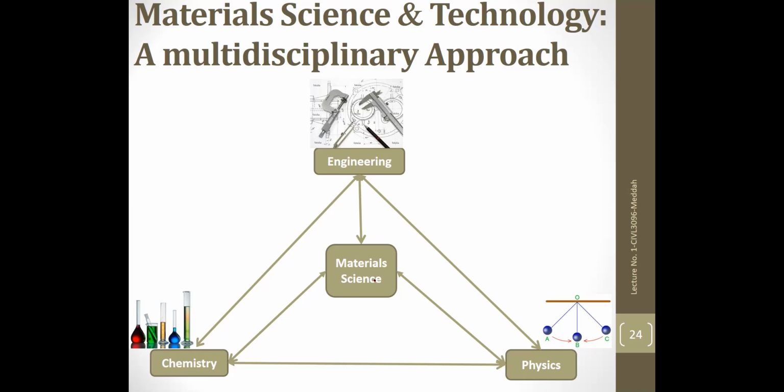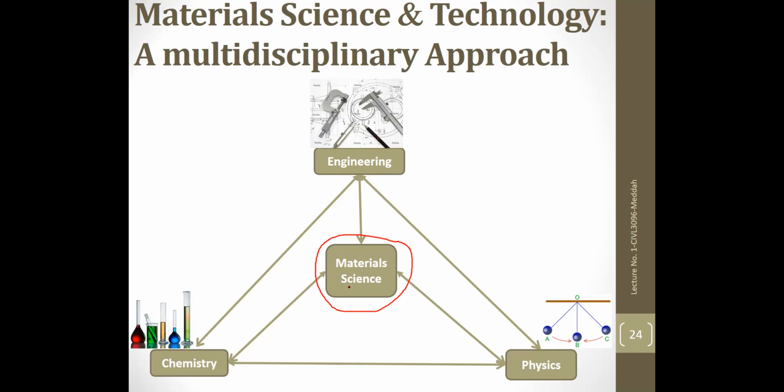So you can see here, the box of material science is like a curve or an intersection of different arrows coming from different fields and different disciplines. So you can see the engineering, and in two ways. You can see also the chemistry. You can also see the physics. This is just to name three major disciplines without naming other sub-disciplines.